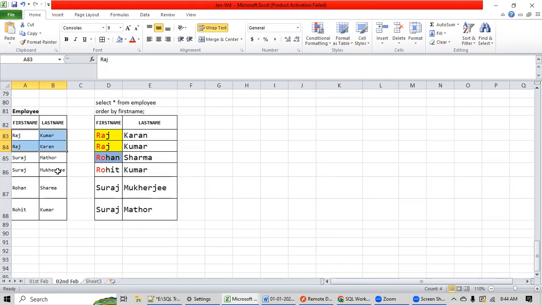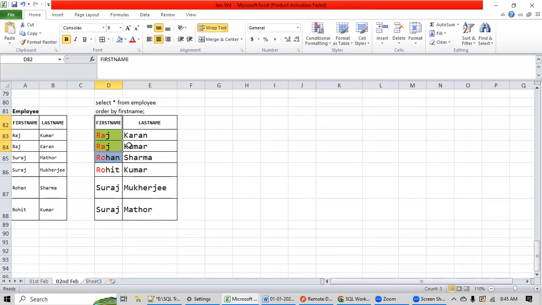I think it was checking the entire name, first name and last name. No. It will not check the entire name, because you have mentioned order by first name only. So the engine will take the first name only as the deciding factor. It will not check the last name. Only based on this, it will take the decision.